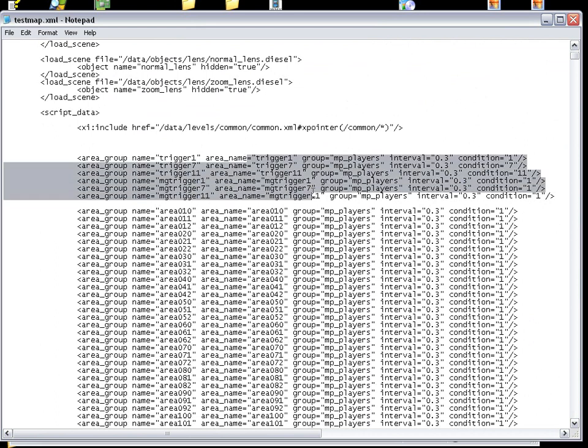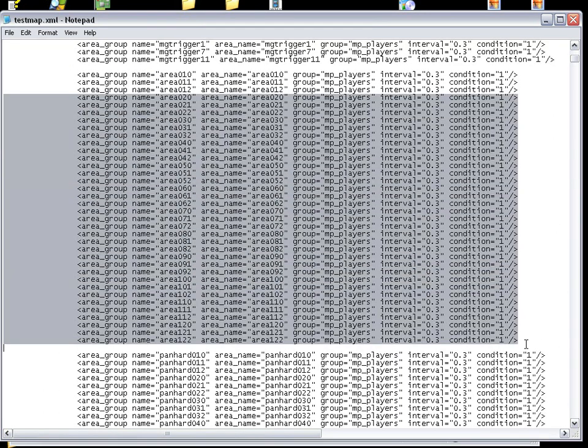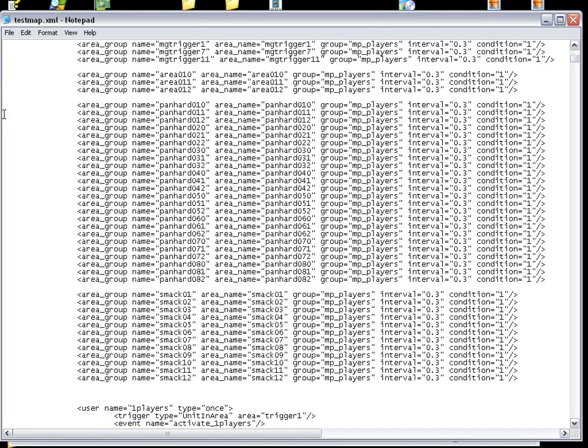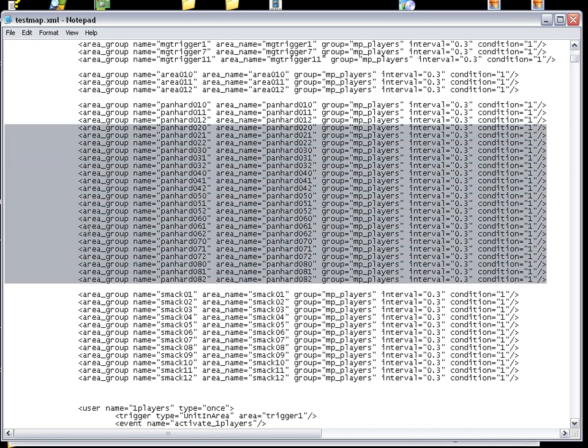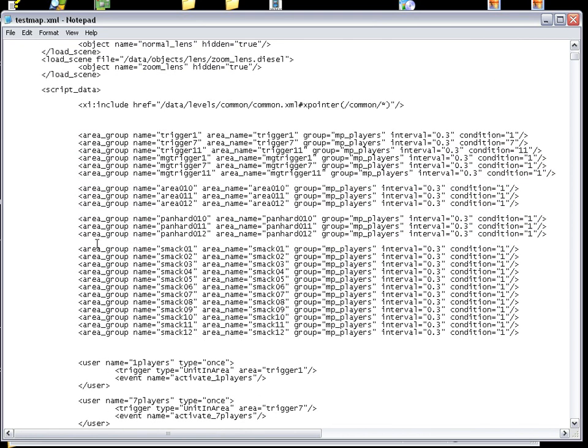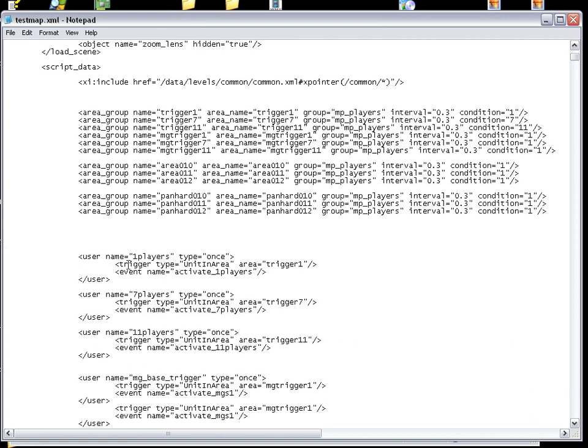We do need these triggers. And the areas, we only have one, so I can delete these others. Pan arts, we only have the first 3. We haven't done any of the other zones. So this is what this all does. Doesn't really matter. We don't have any smackdowns in the map right now, but we're just gonna delete what we